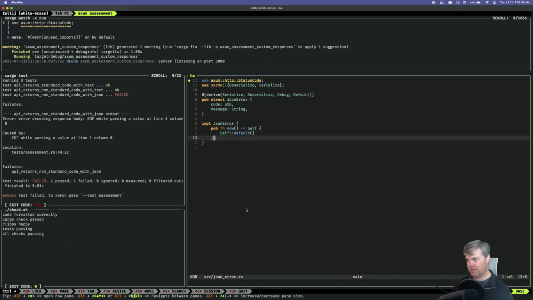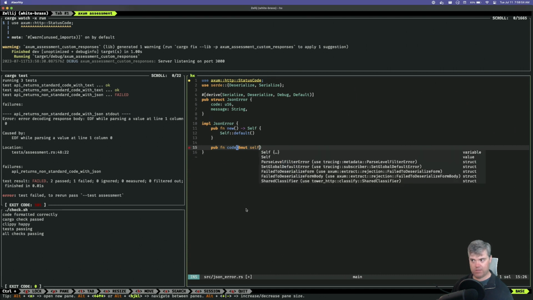So then, okay, let's do a little bit of a builder pattern, just a teeny tiny builder pattern. We'll have a function, set the code. Now, when I'm creating this, I think I do want a mut self on this.